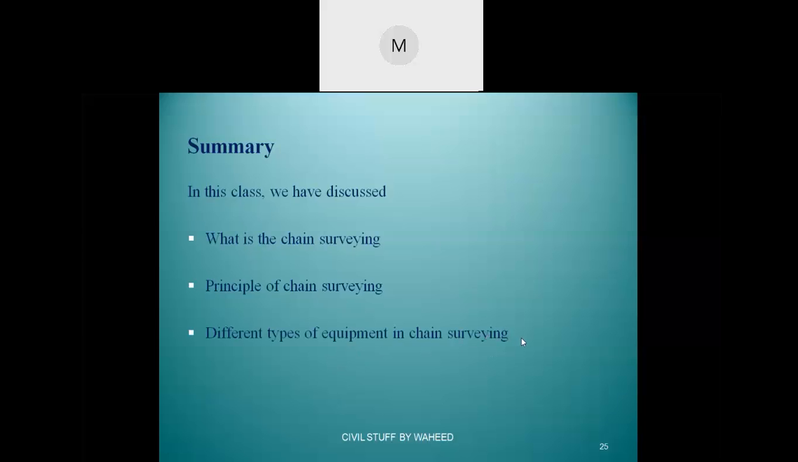The different types of equipment used in chain surveying we have seen: chain, tape, ranging rods, arrows, offset rods, and wooden pegs with a mallet. Mallet is nothing but a hammer type thing. You can hit the peg into the ground. And the different types of chains used in chain surveying are metric chain, engineer's chain or survey chain, Gunter's chain, revenue chain, and steel band chain. Okay, in the further classes, we'll see what are the different